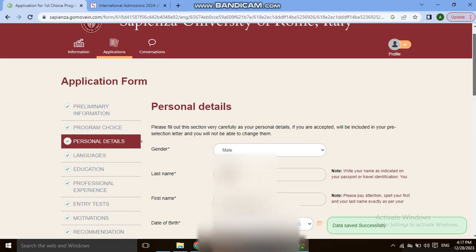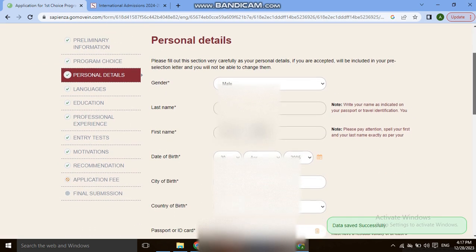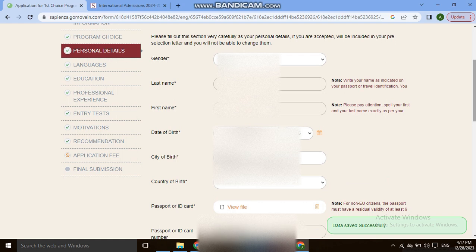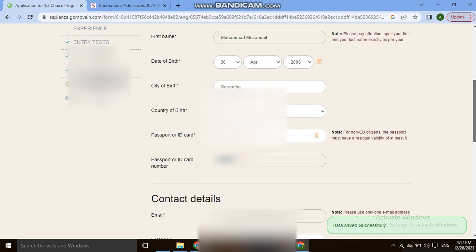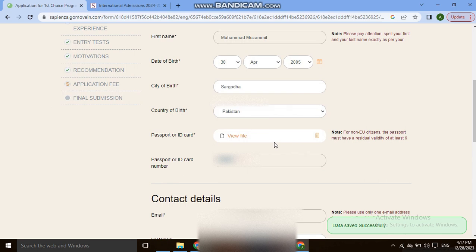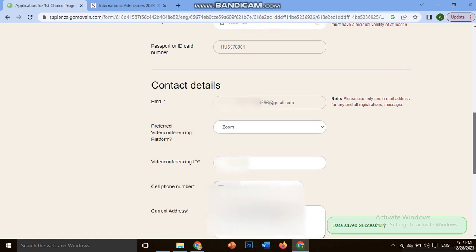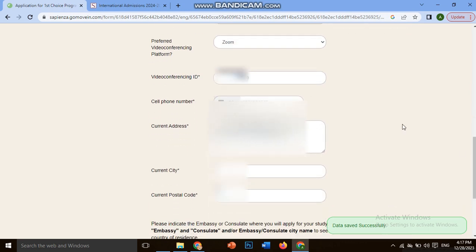Here you have to mention all your personal details: your last name, first name, date of birth, city of birth, passport. You have to upload your passport as a PDF over here, and you have to mention your passport number. If we scroll down, they're asking you about your contact details, like how they can contact you if you are selected, so you have to mention and provide them a link. And then you have to provide your cellular number, your current address, and then